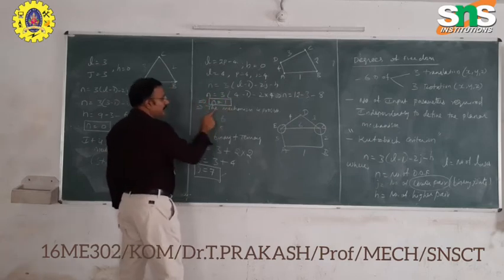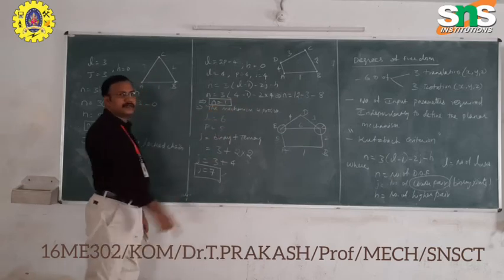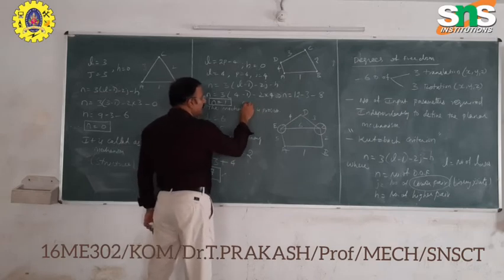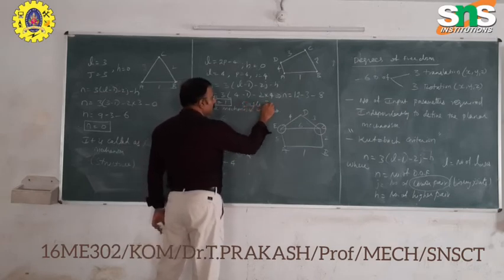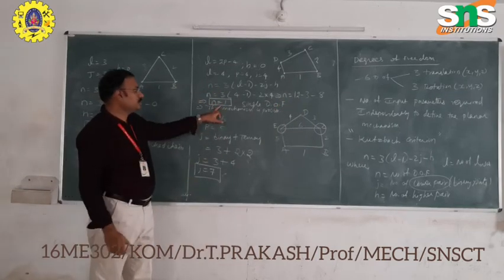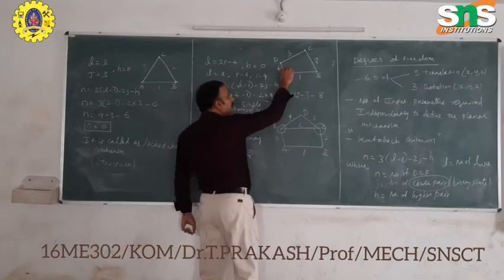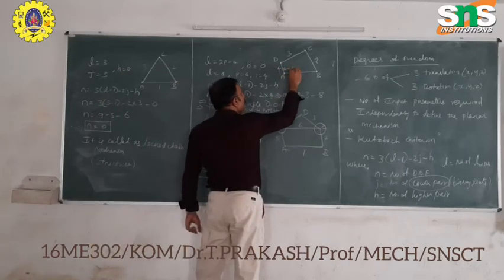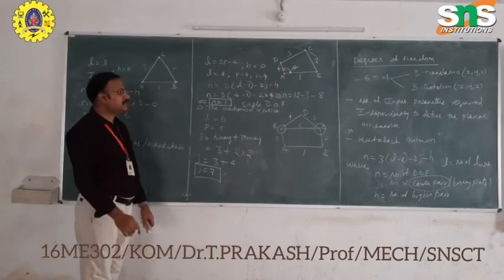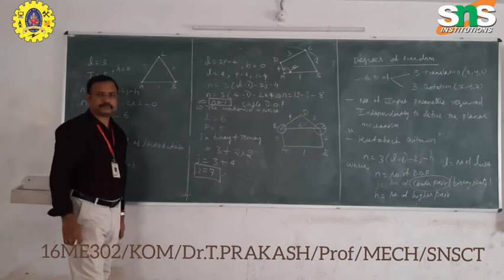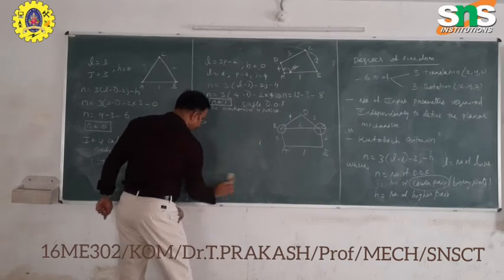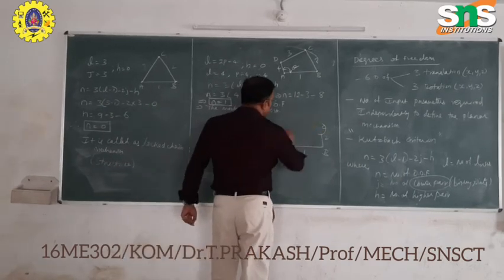n equal to 1. Therefore, the mechanism is possible with how many degrees of freedom? With a single degree of freedom. The mechanism is possible. What is the meaning of single degree of freedom? With one input to any linkage, we can get the output in the output linkage. Therefore, the mechanism is possible with 1 degree of freedom. Similarly, we can identify this for different linkages, different mechanisms.